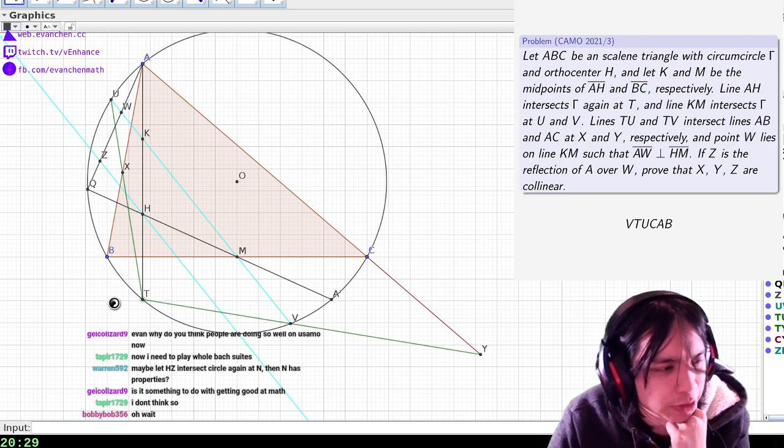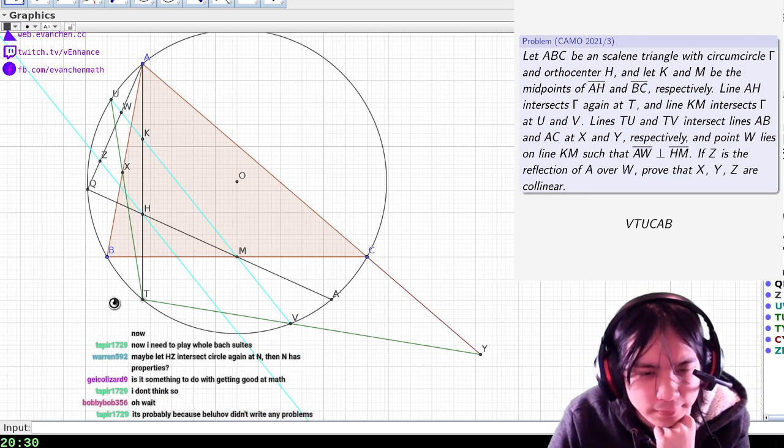So there's two intersections. But I feel like, see, these two lines that I've drawn,